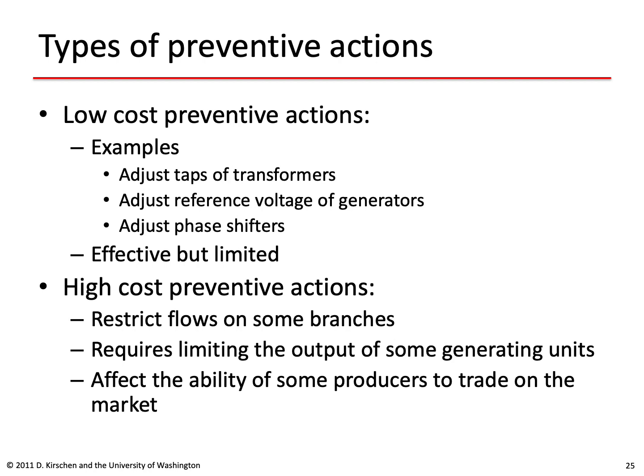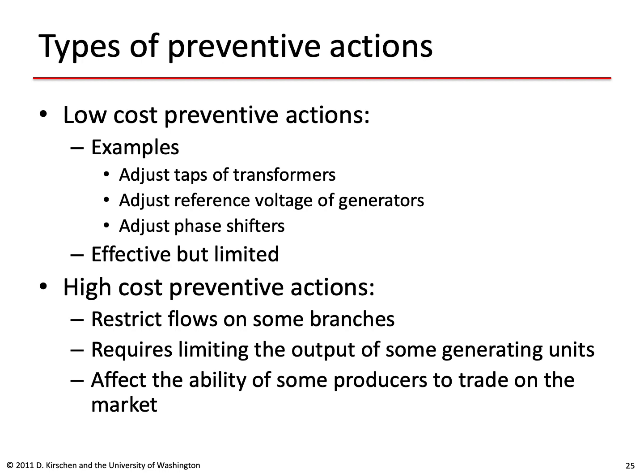There are also higher-cost preventive actions, which typically involve restricting the flow on some branches, and that is achieved by requiring some generators to limit their outputs. But in the electricity market, that means it's going to affect the ability of some of the producers to trade on this